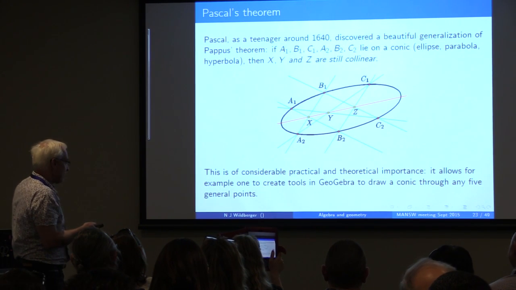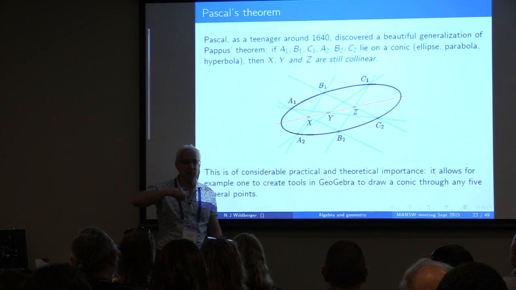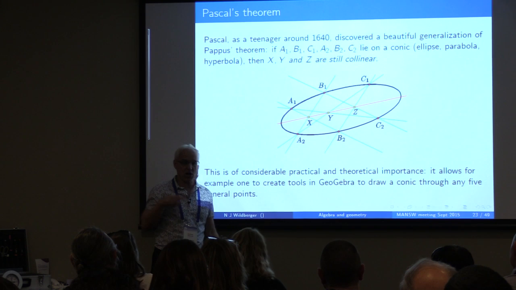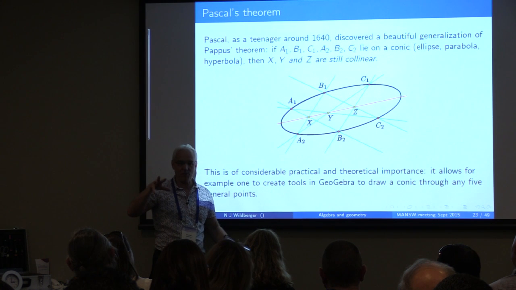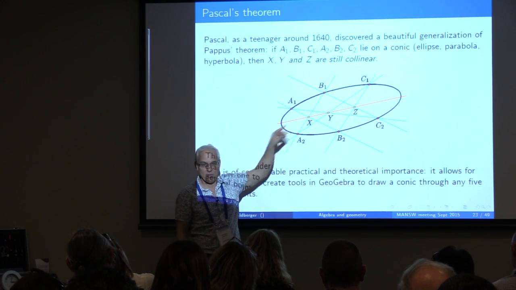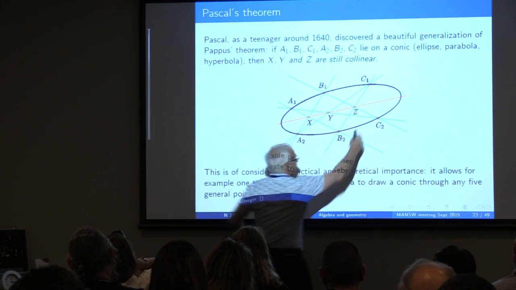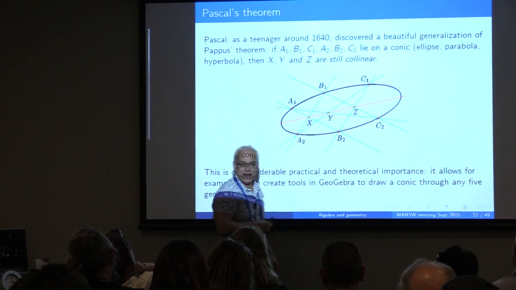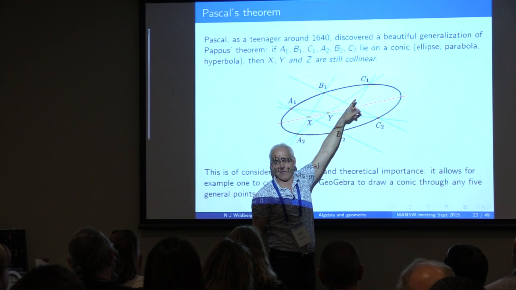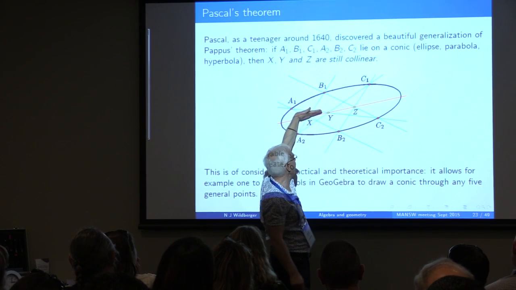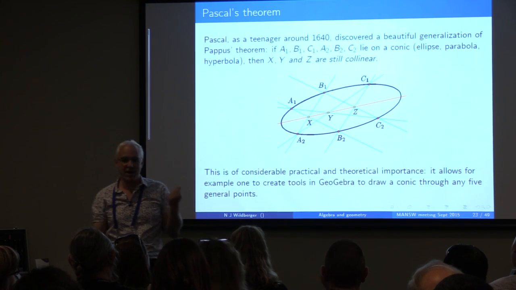This is actually of considerable practical and theoretical importance. GeoGebra, you will know, perhaps has a capability: if you have 5 points, they determine typically a conic. And you might want to know, well, how does GeoGebra calculate that conic for given 5 points? Basically, GeoGebra will use behind the scenes, under the bonnet, this theorem. Because this theorem, roughly speaking, says that if you know these 5 points, then you can create enough lines to figure out this other point if you have some other piece of data. Like if you know this line through that point there, then you can create that 6th point using this fact.